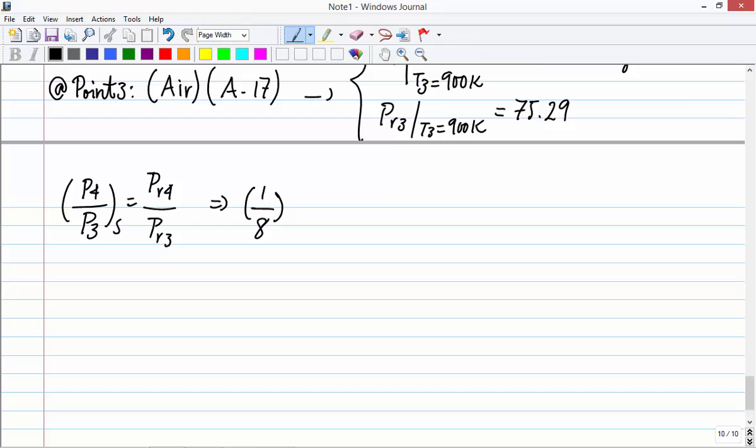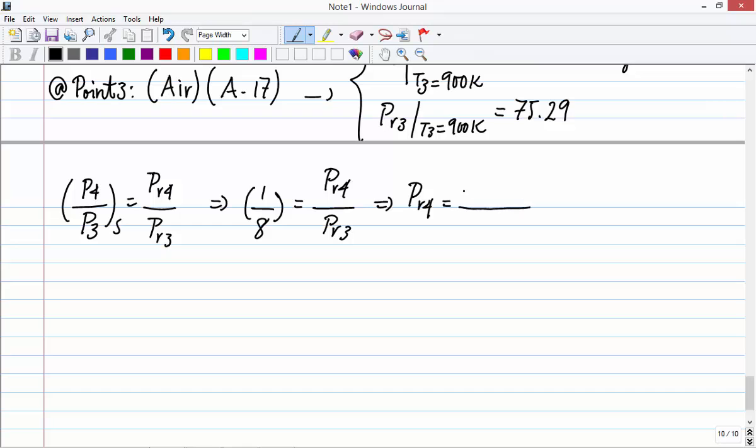Point 3 is before the turbine, point 4 is after, and the pressure dropped, so 1/8 equals PR4 divided by PR3. I have PR3, so I can find PR4,